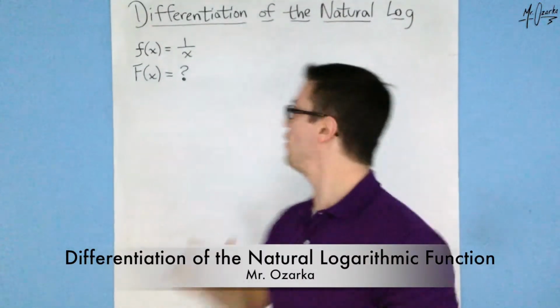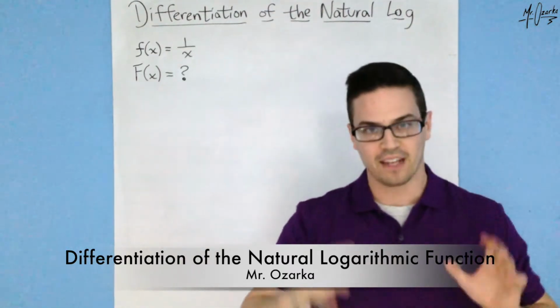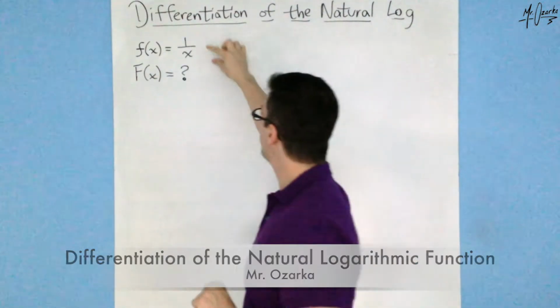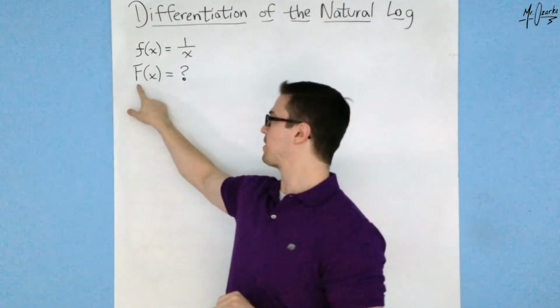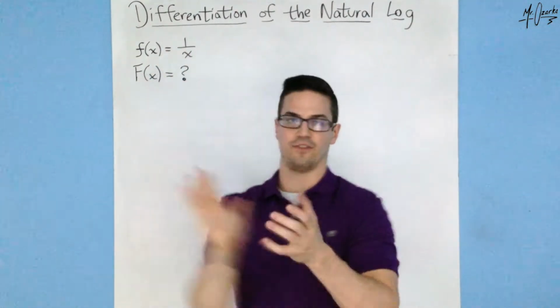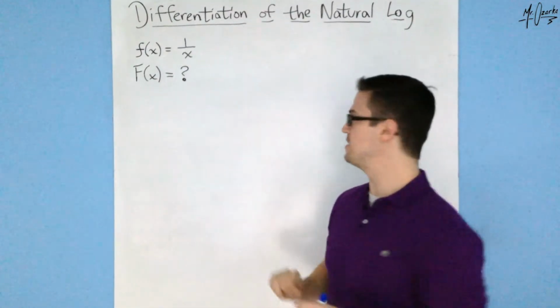Alright, so this is going to be a video about the differentiation of the natural log function. Now to kind of introduce this, I'm going to try to find the antiderivative of this function, 1 over x here. So I'm looking for capital F of x of this function. So here we go. Alright, so the first thing I'm going to do to find the antiderivative of this is